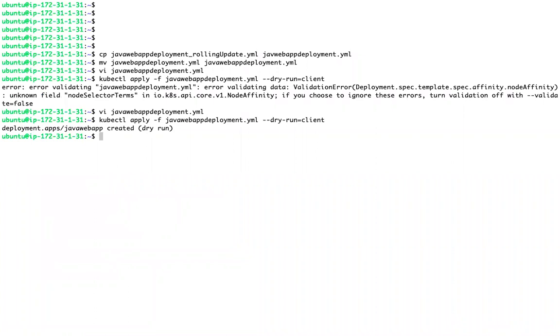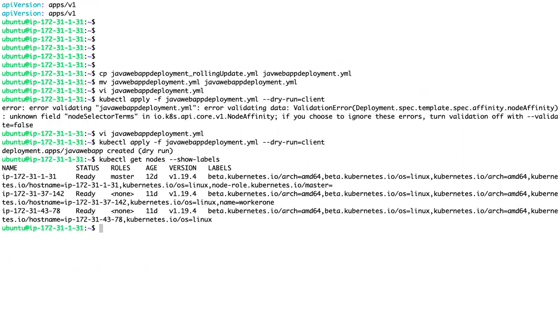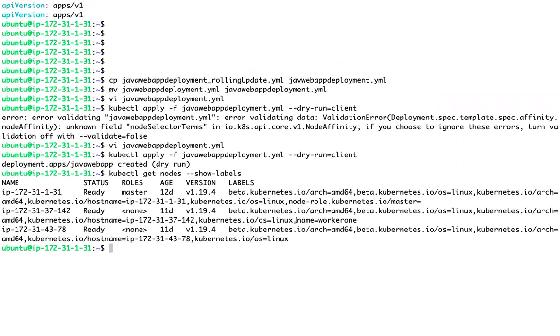Now, if you see, I have these labels. This node has that label: name equals worker 1. And when I am deploying some application,